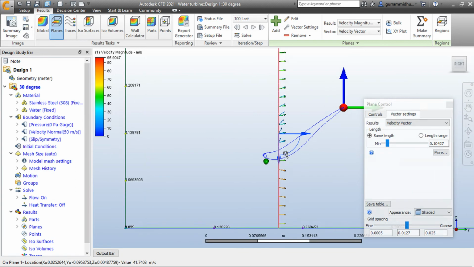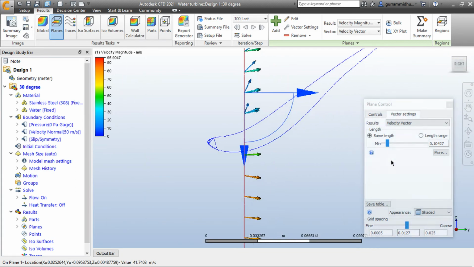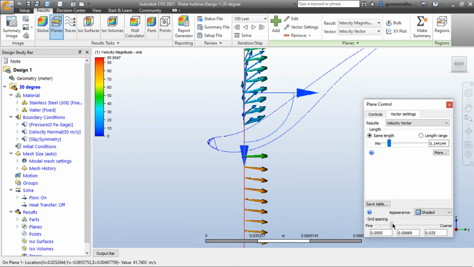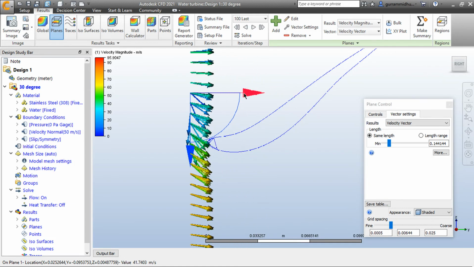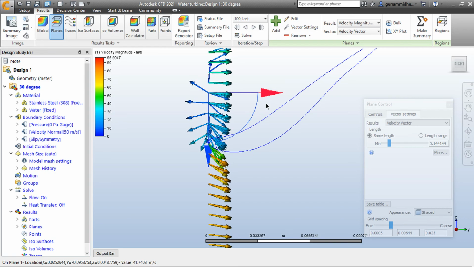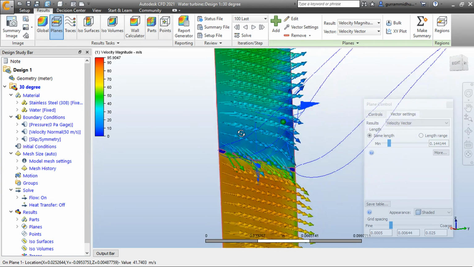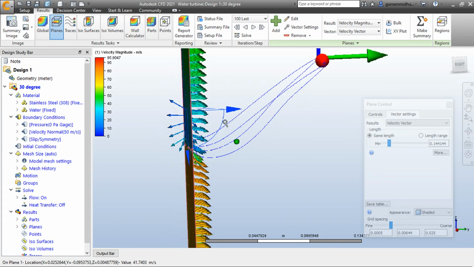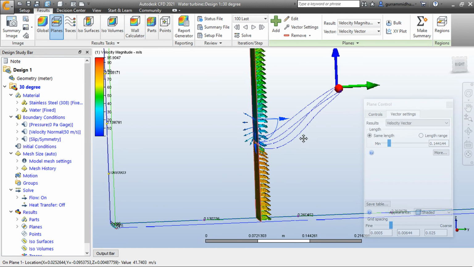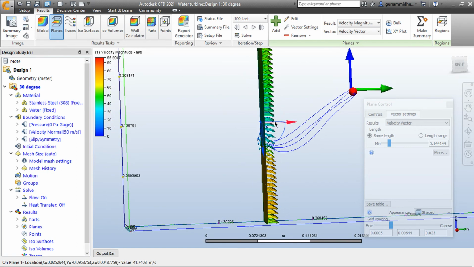You'll get all these vectors. Change the sample length to a bit and the grid spacing to near to fine. Perfect. If you observe here, the vectors are behaving the way we expected. See, all these vectors below the blade are in nearly red color.